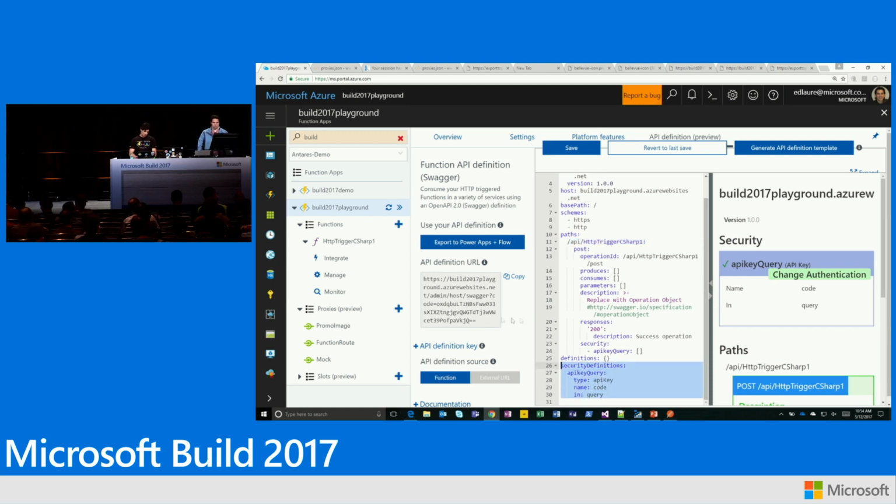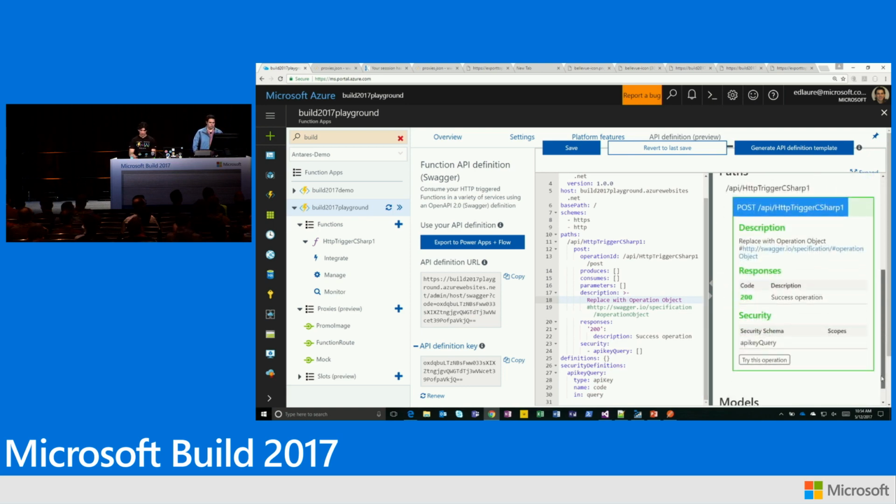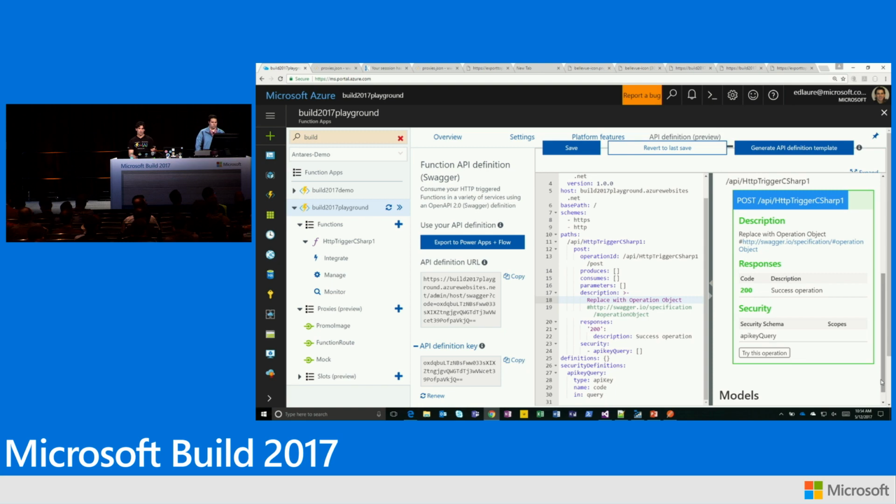So, it's hosted at this endpoint here, which is defined under a different API definition key. So it's protected as well, and you could see the definition key here. This is a standard open source editor. You can use this editor to test out your API. So here, different than the test tab I showed for functions, you're testing out the API as defined on the Swagger. So if you change things here, this test frame on the right would change as well.